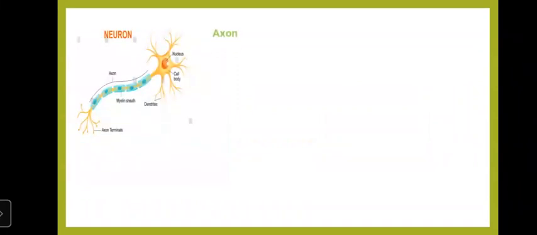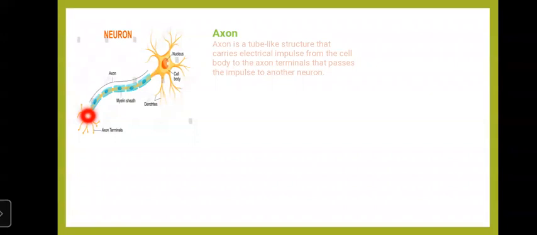The second structure is the axon. This part is called the axon. It is nothing but the extension of the cytoplasm. It is the longest extension of the cyton or the cell body. It is a tube-like structure that carries impulses from the cell body to the axon terminal, and thus passes the impulse to